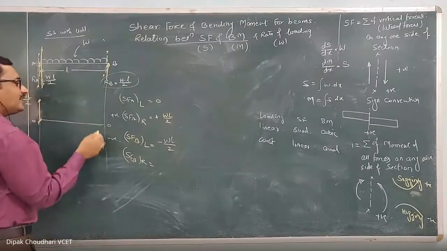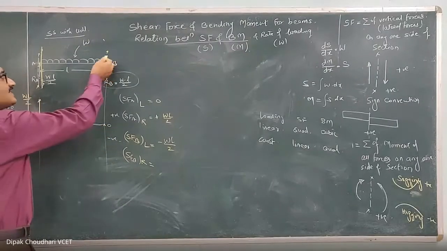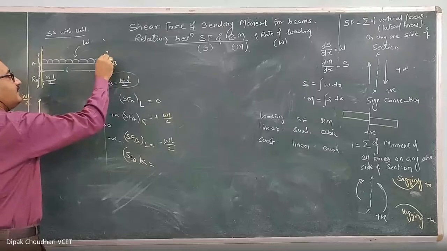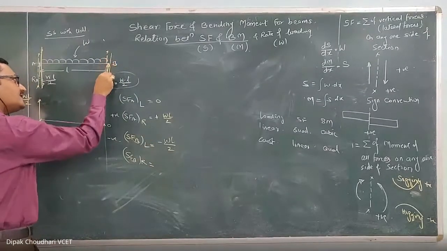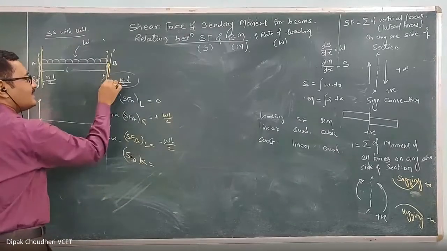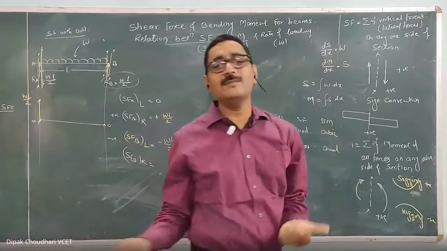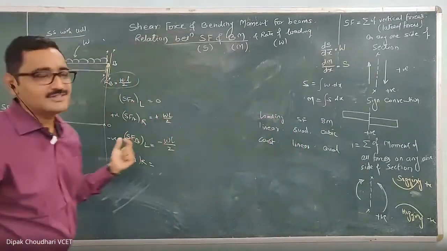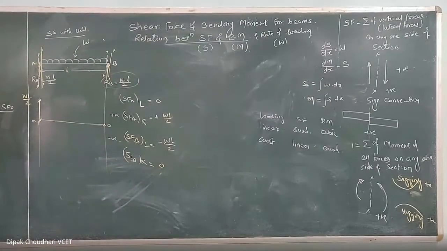Now to get that vertical straight line, to get two different values of the shear force, consider one section on the right-hand side and one on the left-hand side. Initially we have taken it on the left-hand side. Now take the section on the right side of B. If I take the section on the right side of B, what is the shear force here? Again, the summation of vertical forces on either the right or left side of the section. There is no force on the right side of this section, so shear force is 0.